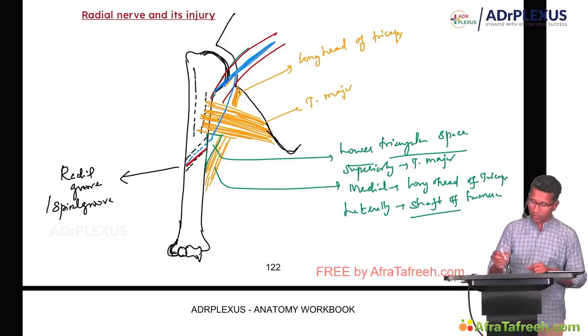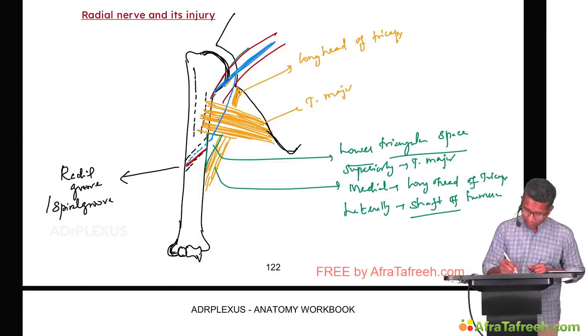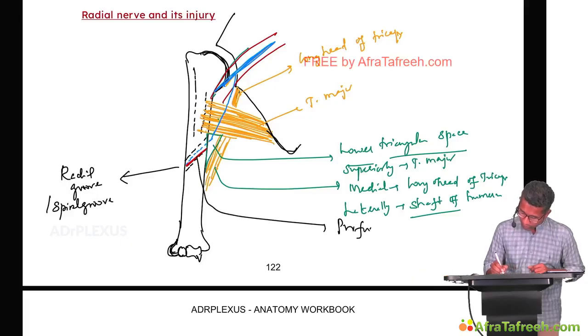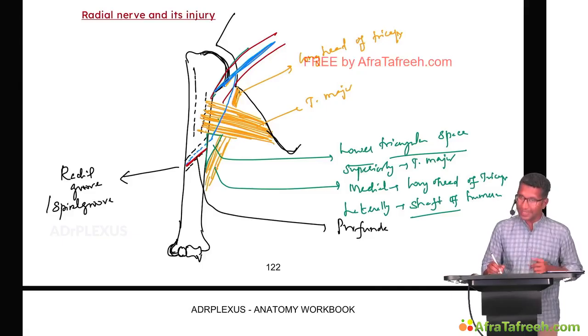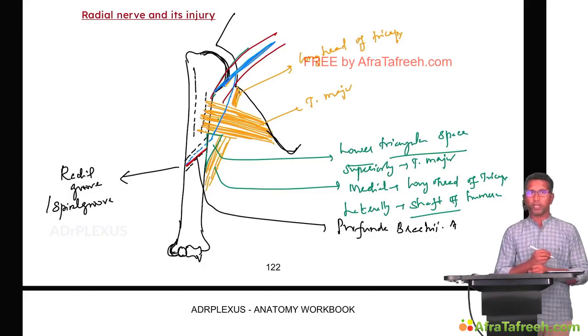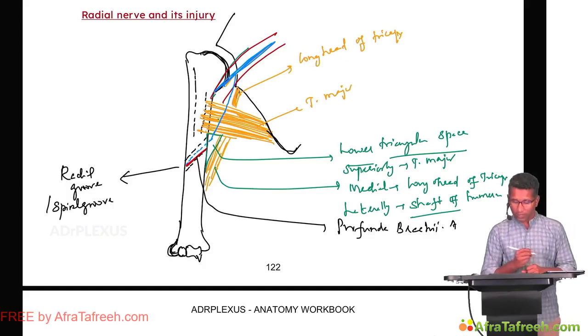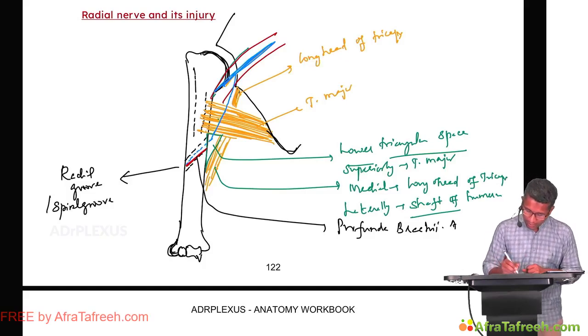This artery is called the profunda brachii artery. Profunda means deep. It is a branch of the brachial artery. So the profunda brachii artery accompanies the radial nerve, and now the radial nerve crosses the spiral groove and reaches the